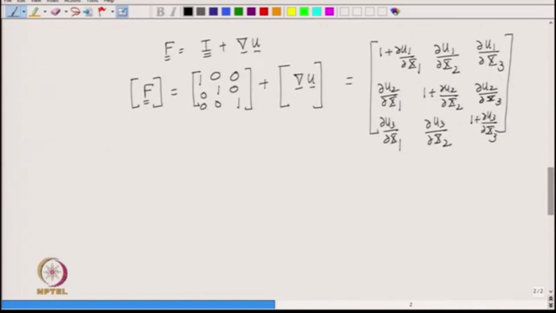Okay, so that is the matrix. So, what is the determinant of this matrix? We have to apply the determinant formula. You have to expand it, let us say, in terms of the rows. So, what do you get, for example? The determinant of big F would then be,